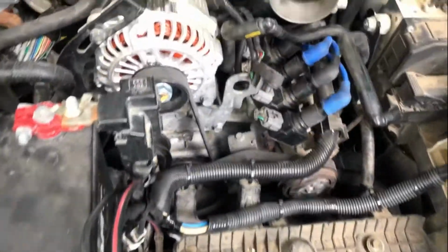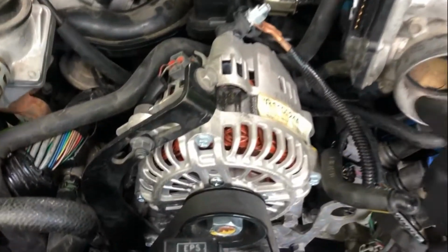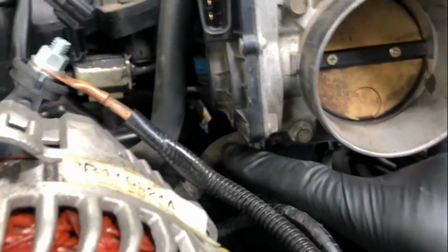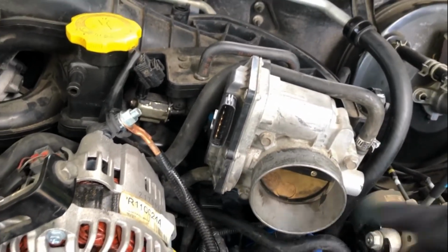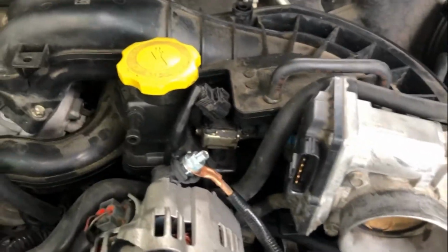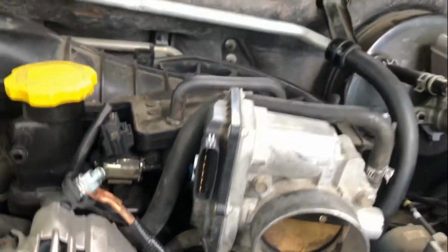Now you have full access to pretty much everything else on the front accessory drive, anything that might be hidden up underneath the intake. For example, now I can actually access this line right here, which is a coolant line. The other coolant line is right here. I usually do those last, and I'll put a screw in there just to prevent it from leaking any coolant. So I'm gonna go ahead and disconnect this line and the one down here,